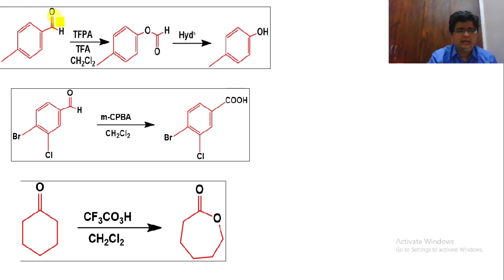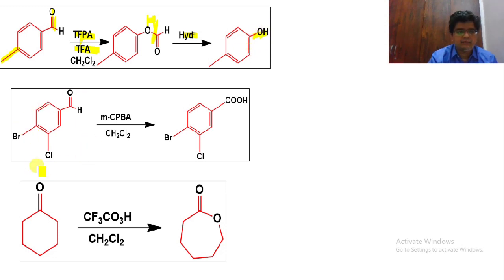Here we are having an aldehyde group. This is our CH3 group. When it is reacted with trifluoroacetic acid or trifluoropropionic acid, what will happen? This trifluoroacetic acid will insert one oxygen over here. So here we are having oxygen, C double bond O and hydrogen. Now when it is reacted with hydrolysis, what will happen? This linkage will be broken down. Here we are having a hydrogen plus and here we are having OH. So it will produce formic acid by the removal of the formic acid. Here we are producing an OH group.